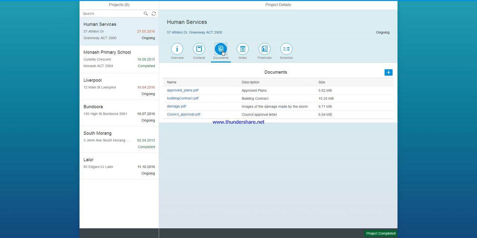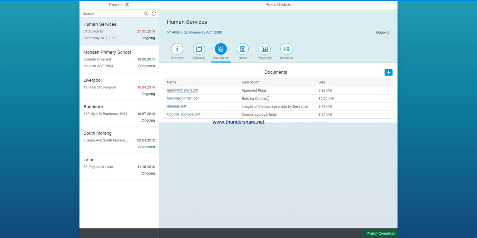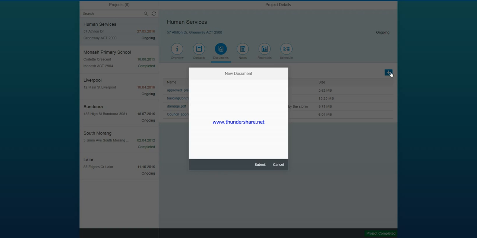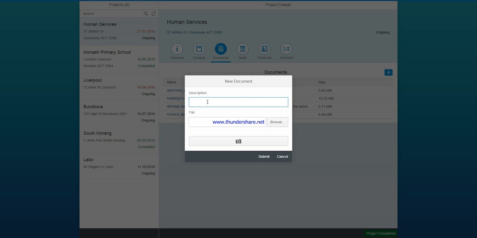Next part, we have documents which are related to this project. We can see that, if we click on any of them, it will open it for us. And then we can also add new documents. So here we give a description. Let's say we have a contract variation